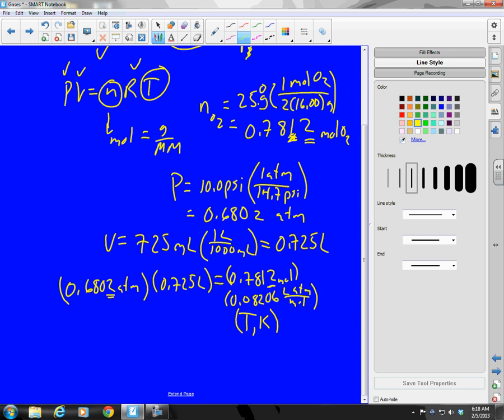Okay, so that means I'm going to take 0.6802 divided by, oops, not divided. Oh, I messed up already. Yoink. 0.6802 times 0.725 divided by 0.7812 divided by 0.08206 equals,